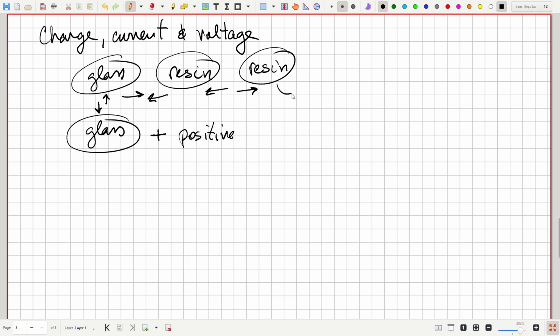And the resin we write as negative charge, minus or negative charge. And if you then study this in detail, which wasn't done until modern times, people tried to quantify this. You find that if you have two positive charges, Q1 and Q2, and they are separated by a distance r, then they will repulse each other with a force F,